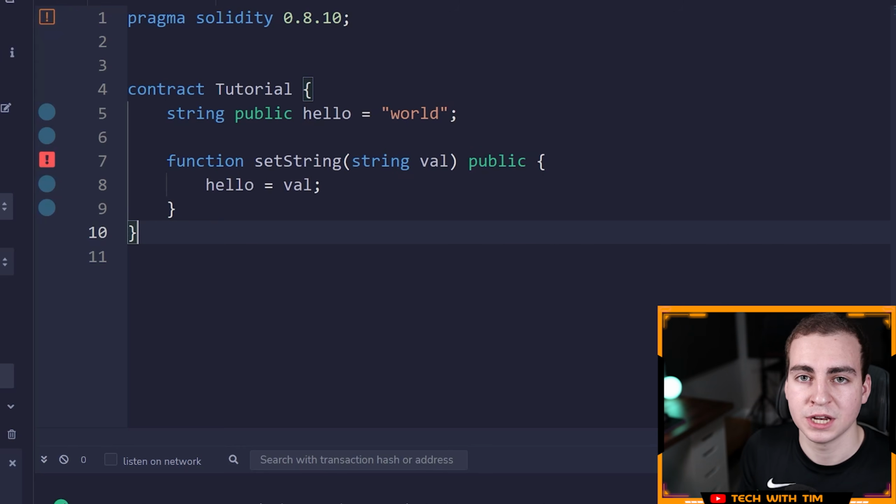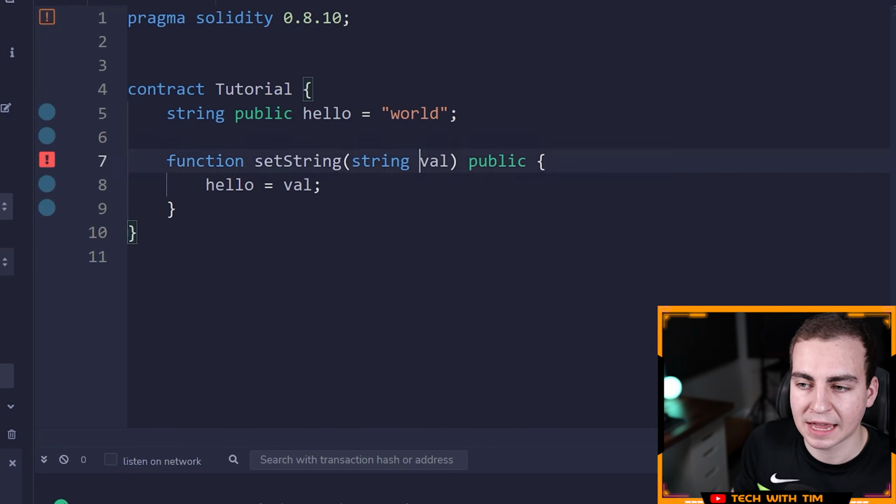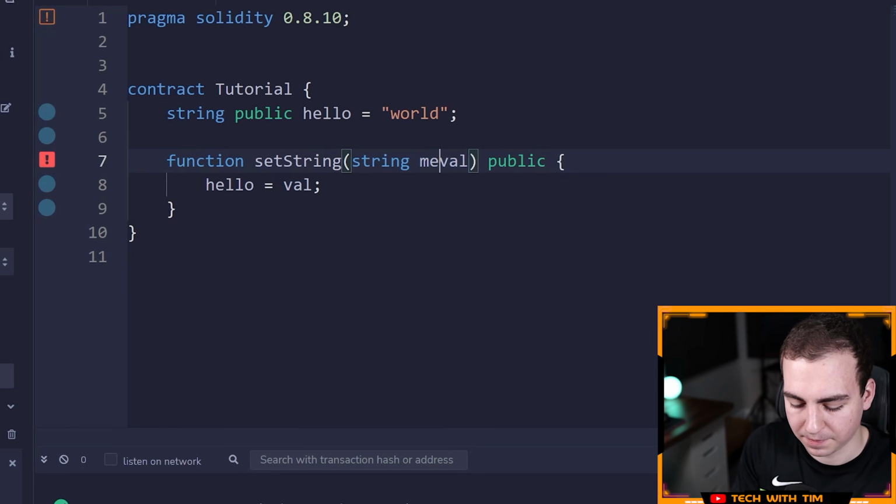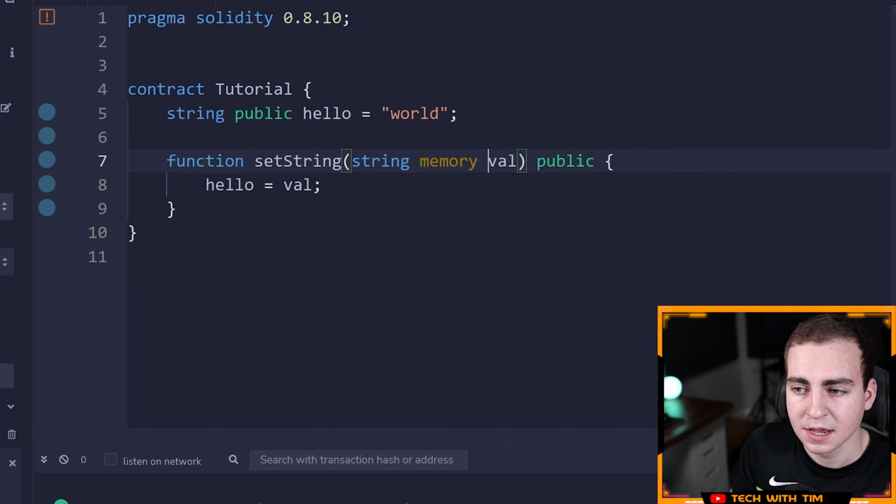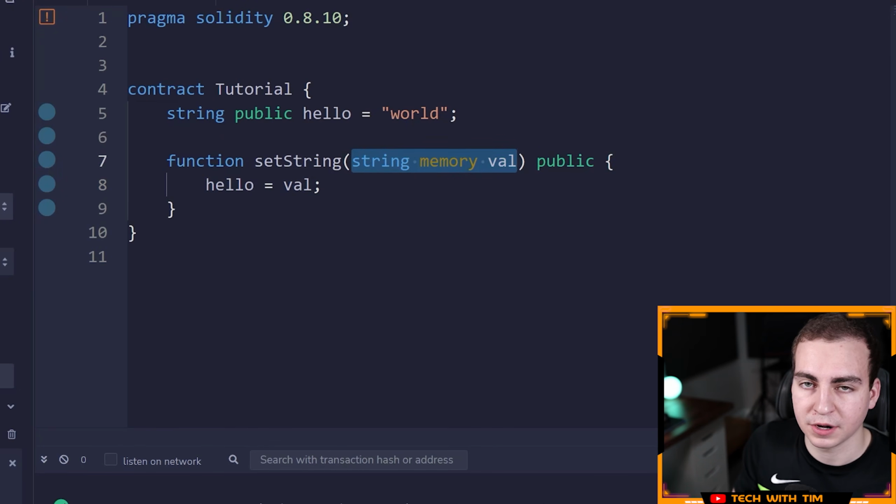The other location is memory. Now, memory, similar to your computer's RAM, is a temporary location that's only going to be used when the contract is actually executing. So when I'm using a reference type like a string, I need to specify it's going to be stored in memory. So I'm going to say memory like this. So as soon as I put memory, we actually would have seen this before, I think. Now this is valid because it's saying I want to store this parameter in memory as opposed to in the state or storage